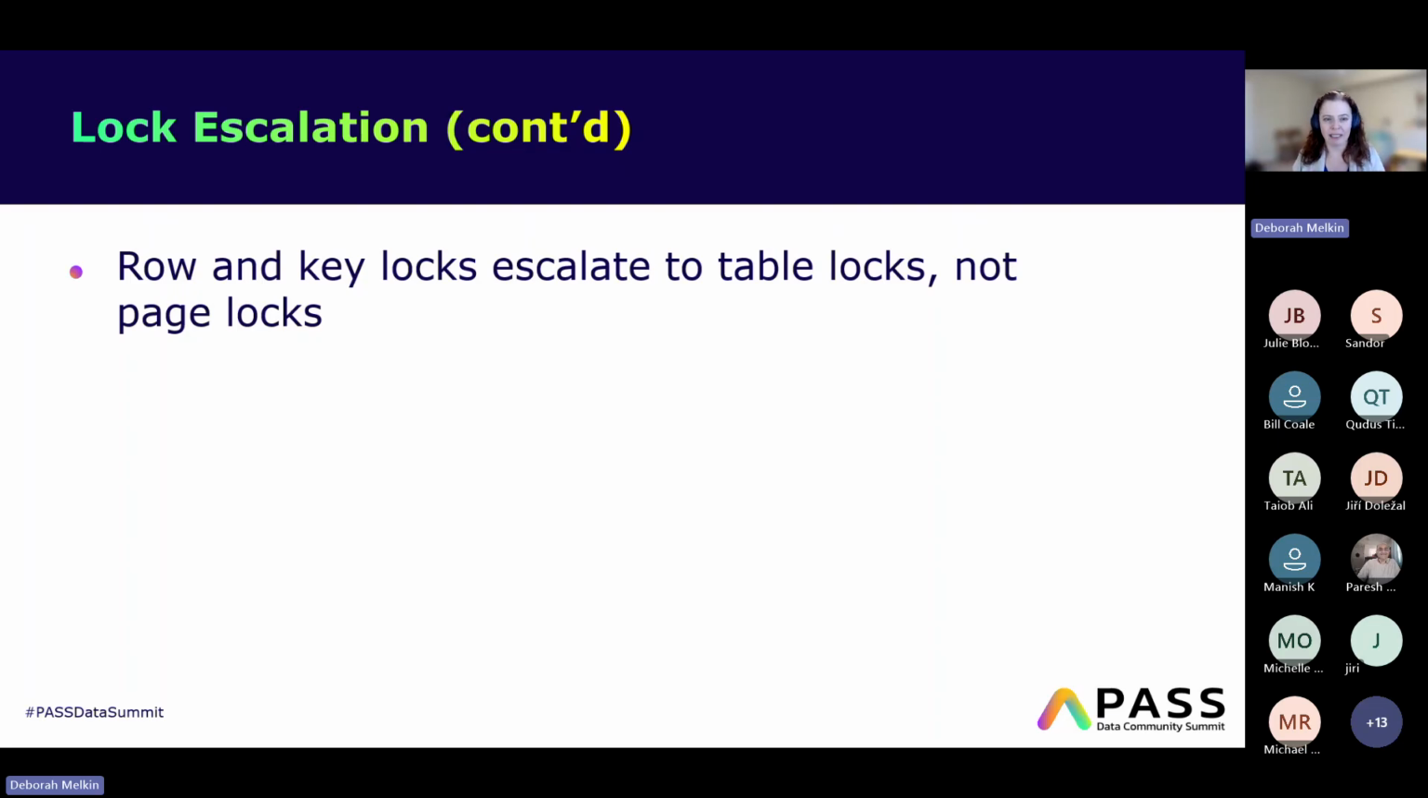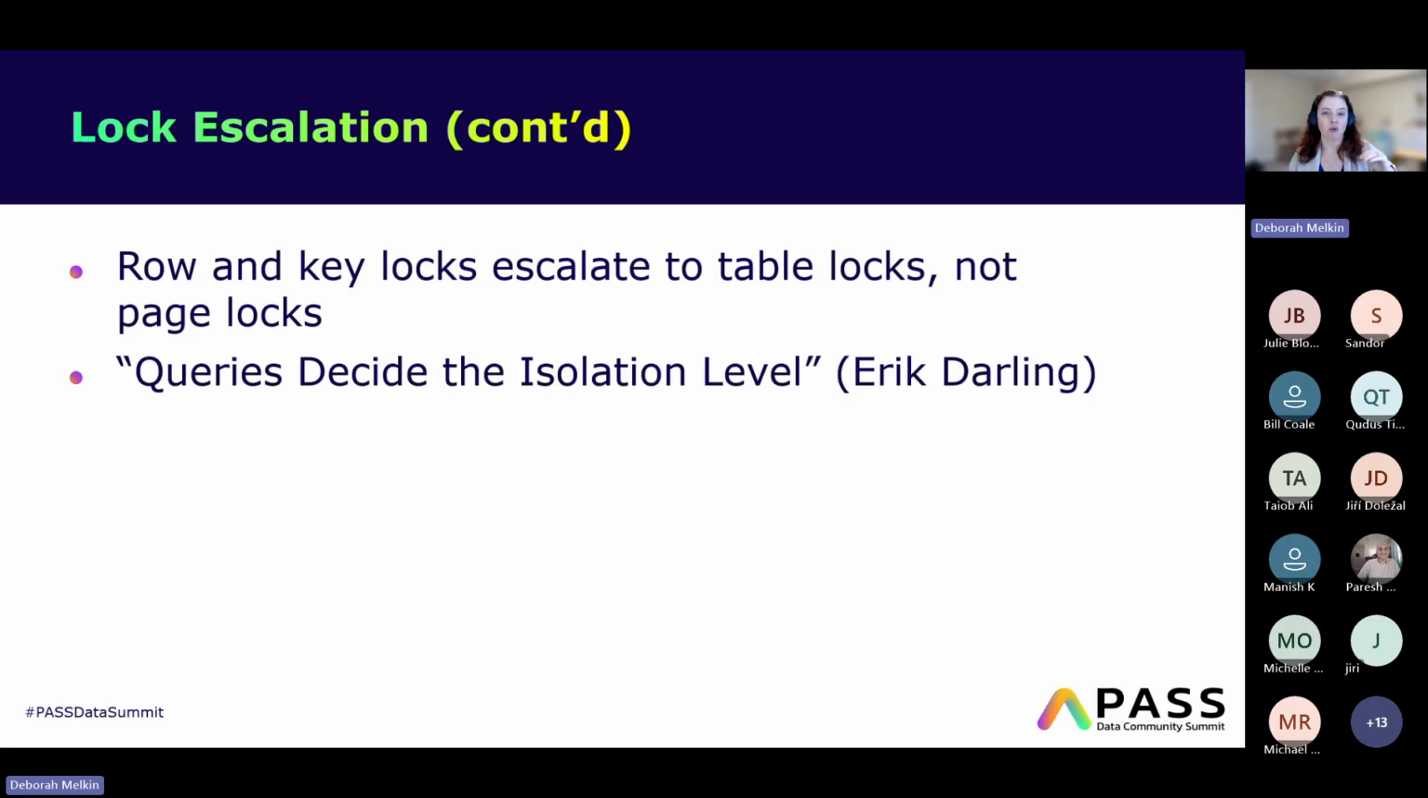But we need to remember that row and key go directly to table. It does not stop at page or extents. So that's an important thing. There's also a great